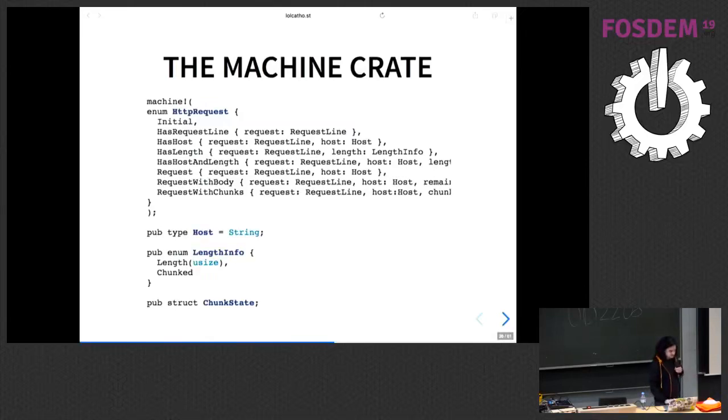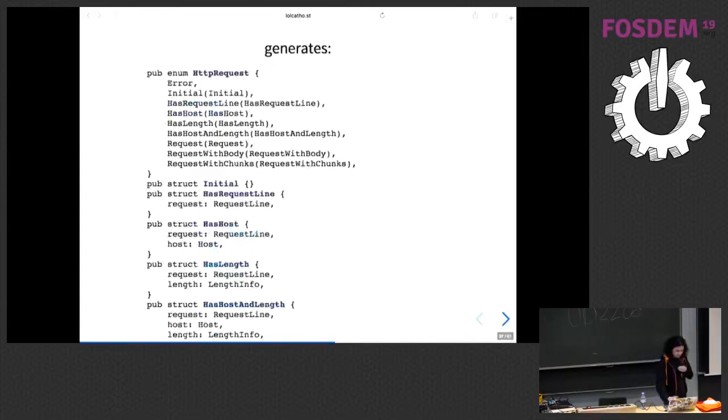So here I specified the same states, what they will contain. There are a few types overall, like the length info. The length information can be, okay, there's a length, it's a number, or it's chunked. This will generate code that looks like that. An enum with some structure.